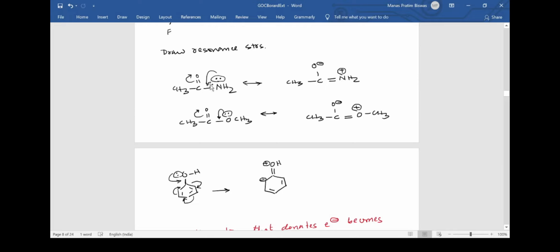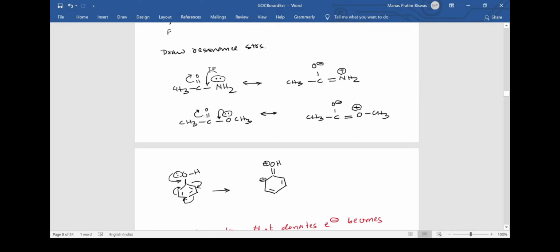So there is obviously scope for this pi electron to move, because if this lone pair comes over here, this pi bond will shift over this carbon, over to this oxygen. So this is what is happening. This is the equivalent structure. This means that this structure and this structure are equivalent, in the sense that this structure can be derived from this structure and this structure can be derived from this structure. That means they are both interconvertible and they interconvert amongst themselves very rapidly. That is, this structure is an amalgamation of this structure and this structure both.